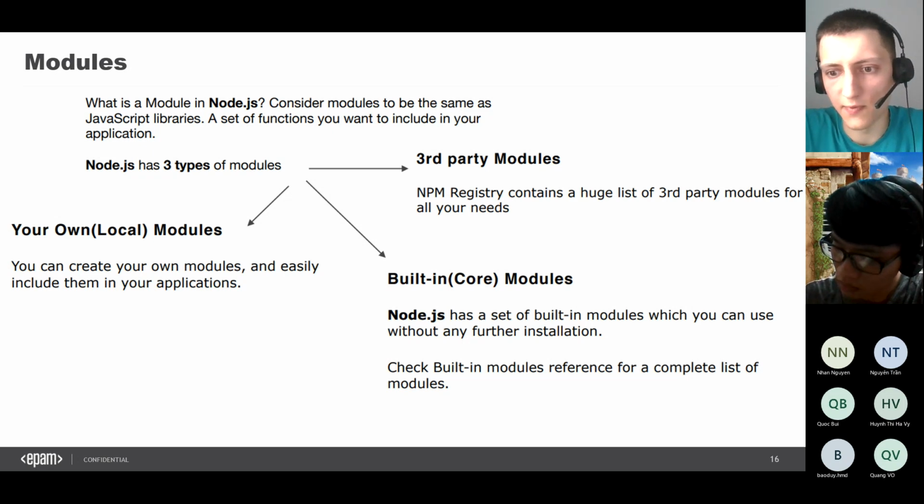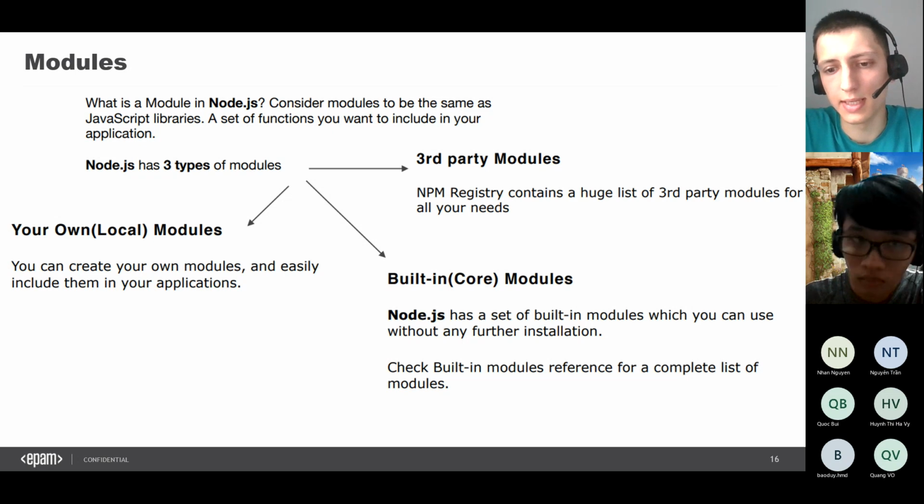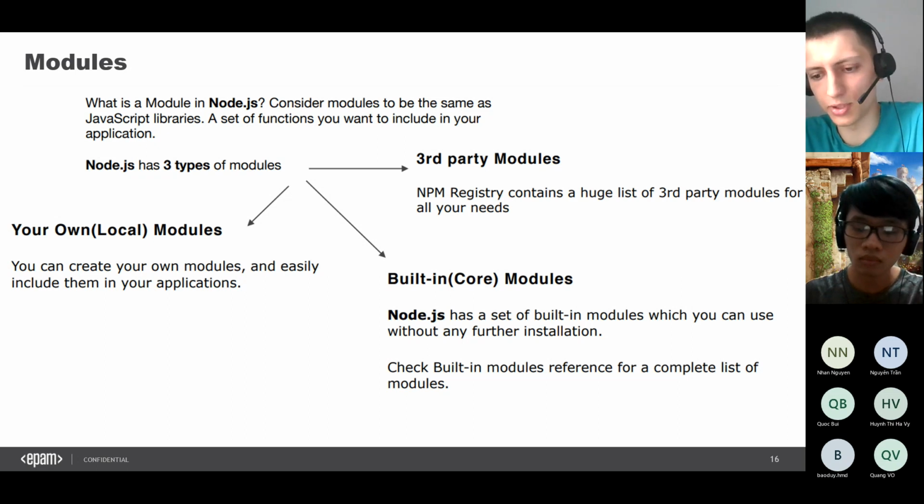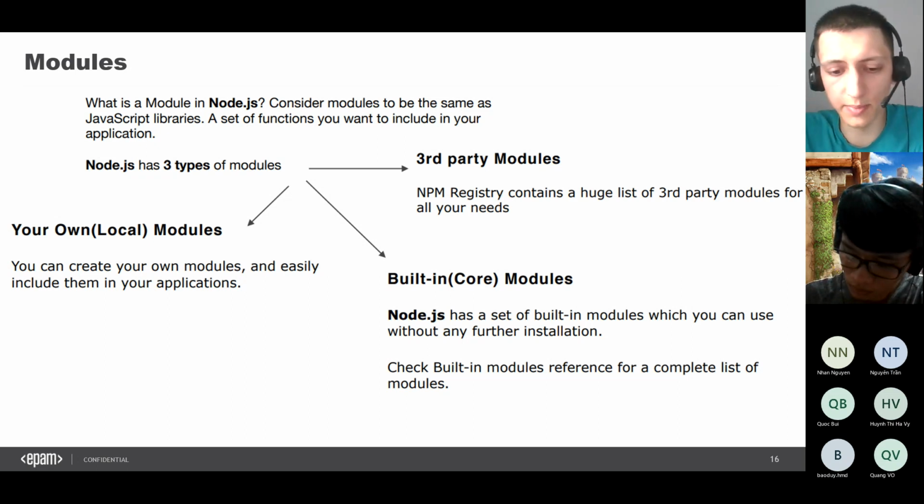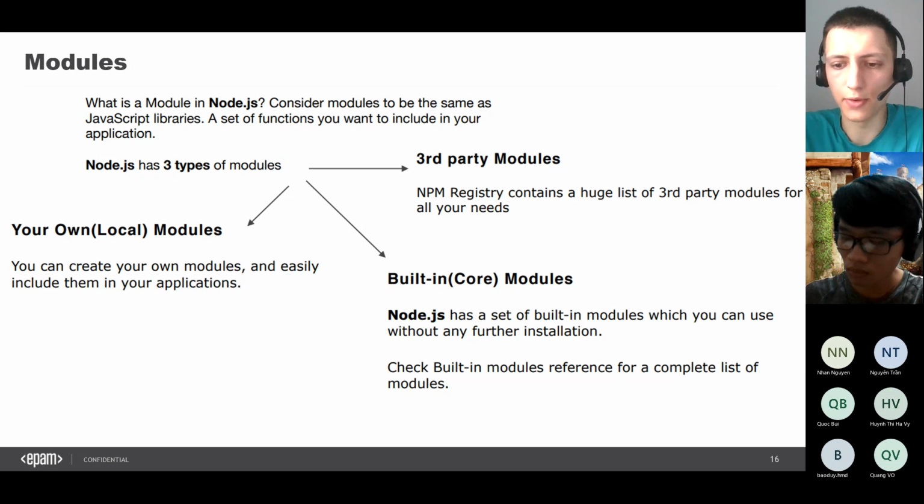But for example, you might want to create a library that can be used on Node.js and in the browser. For example, a module responsible for doing some mathematical calculations. This stuff is not related to front end or back end, and you can create this module.